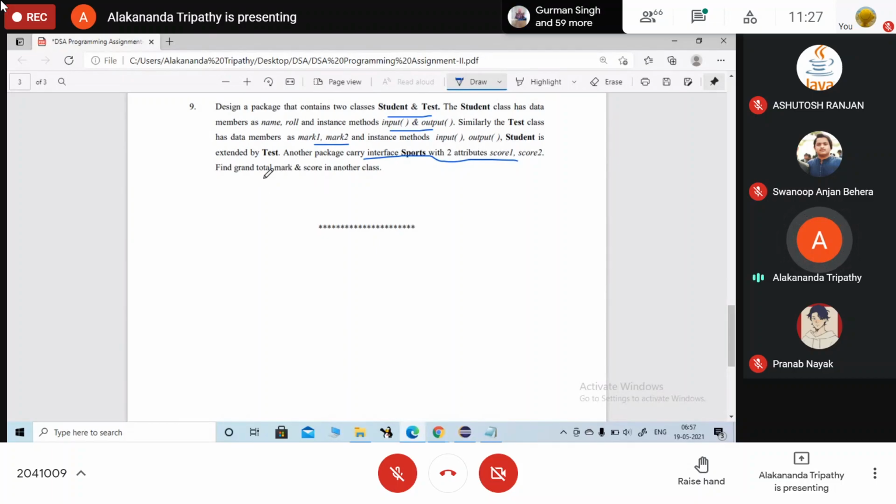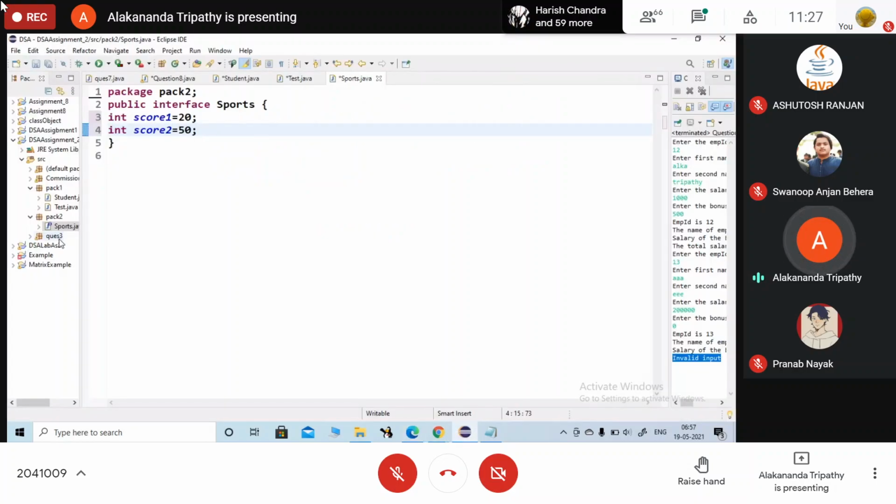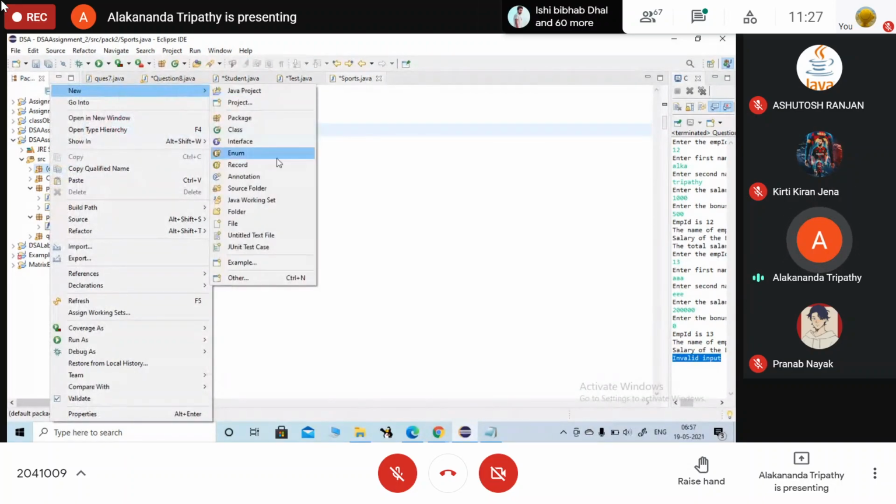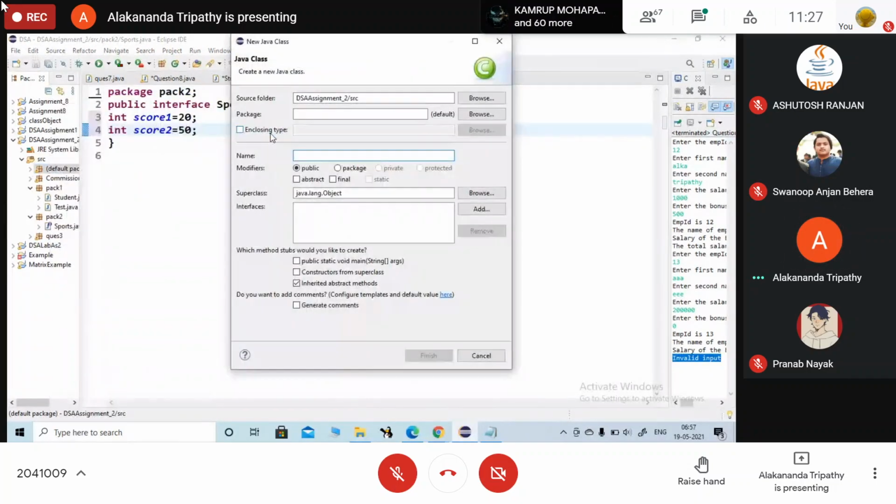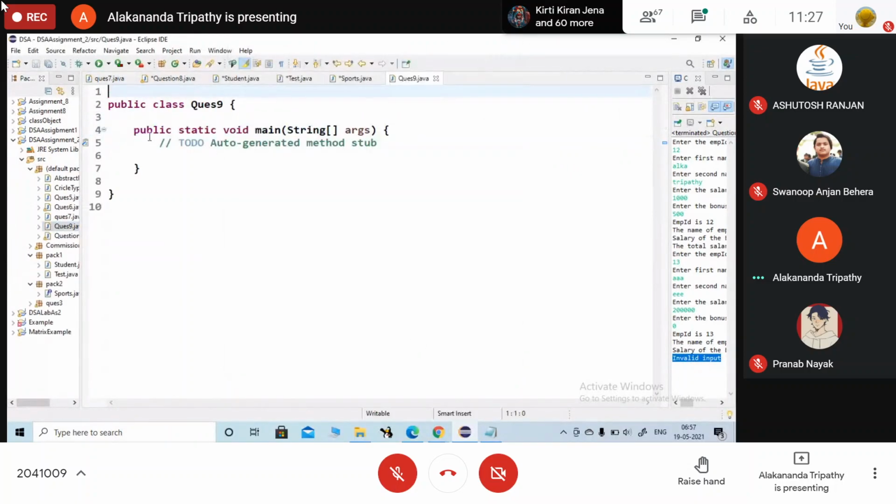और एक क्लास में ग्रैंड टोटल फाइंड आउट करना है एंड स्कोर. So कहाँ पे लेंगे बोलो, should I go with the package 2 or I will go with the default package? कहाँ पे बनाऊंगी? क्वेश्चन 9. यहाँ पर इंपोर्ट क्या क्या होगा? इंपोर्ट